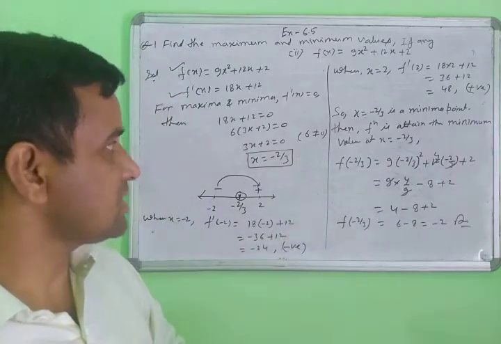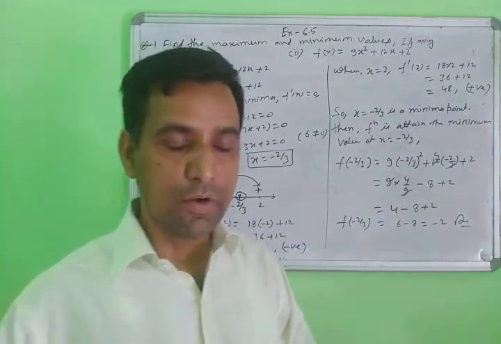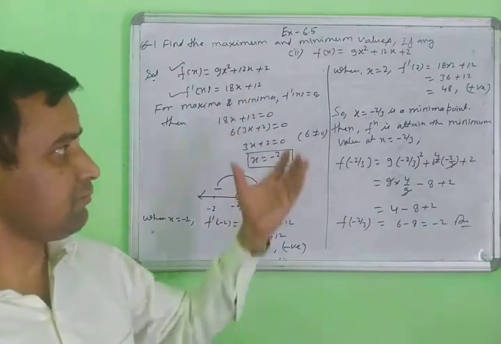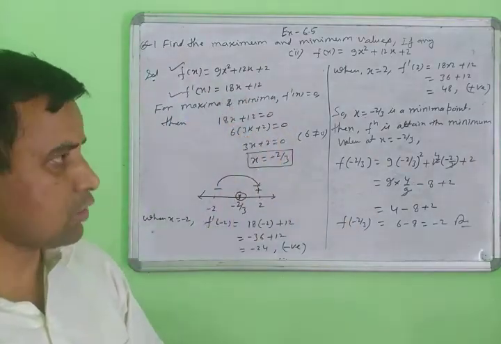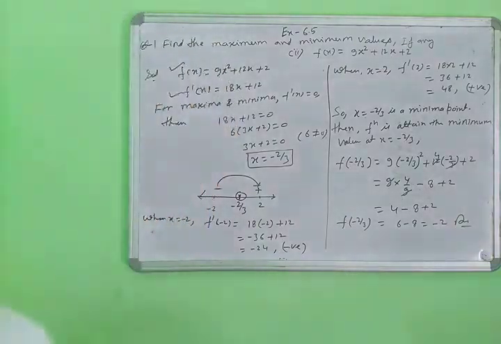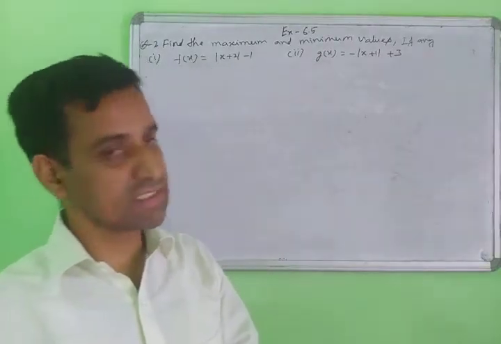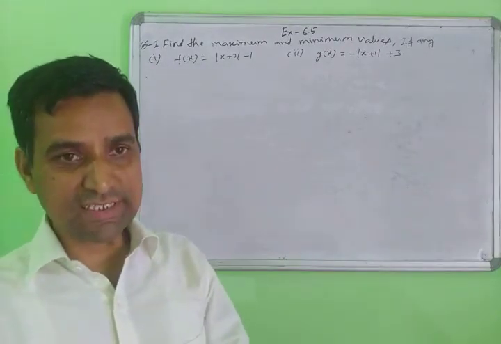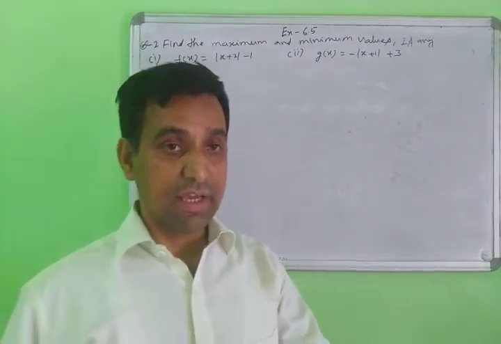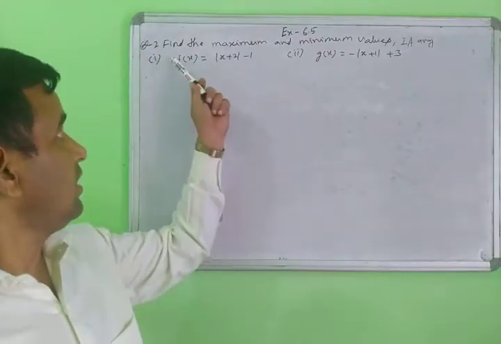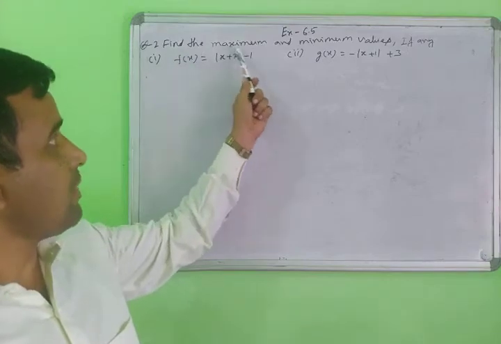So very simple things here. How to find the maximum value and minimum value, by the first order. Note it down, then start the next question. Class, next question I am taking question number second. Questions first and second are similar, but in this question the function is a different form. Now look here. Find the maximum and minimum value.